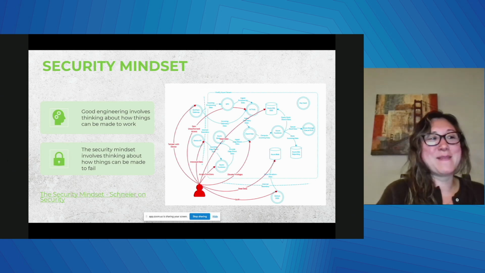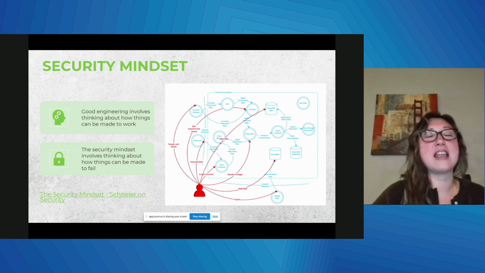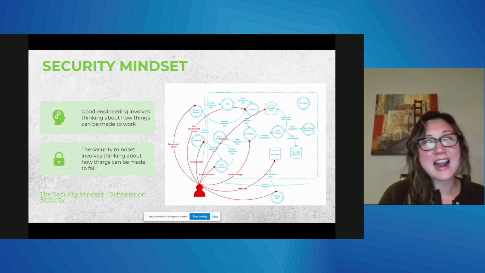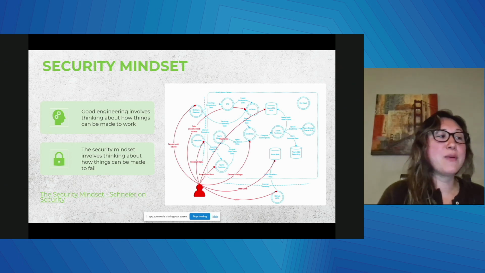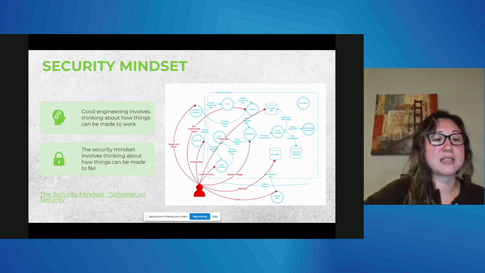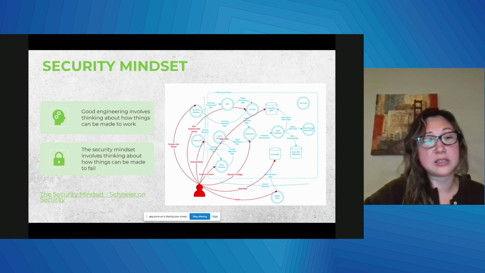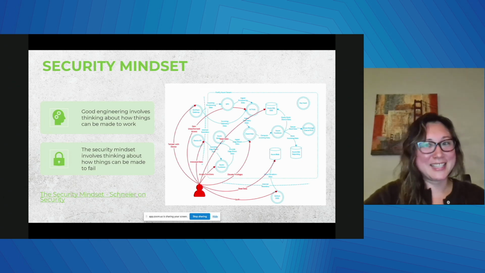By adopting a security mindset, you emphasize the attacker, their motives, and all the ways that they can wreak havoc in your system. This approach looks at all entry points in the system and all the weaknesses, and allows you to focus on the critical assets that hold highly confidential data for your system and figure out how to discover some of those weaknesses. I would probably say a security mindset is one of the most important things you can employ to help you create great threat models. That's one thing I always tell the software engineers I work with too: this is a mindset you need to adopt to see your system with a different lens.